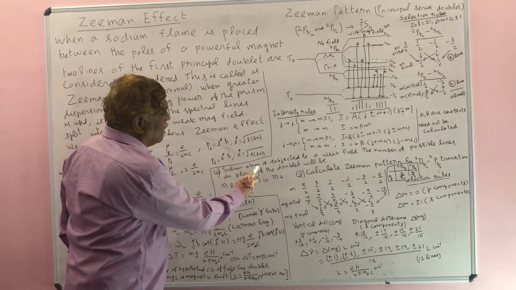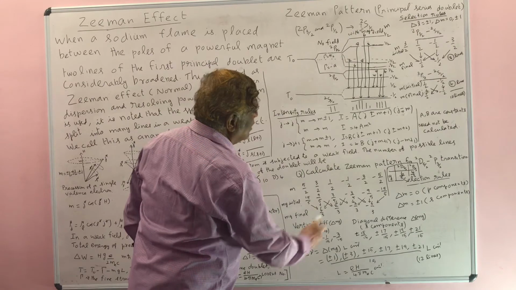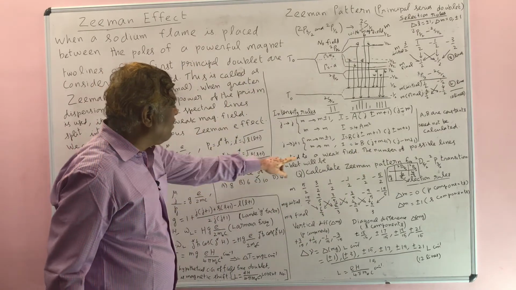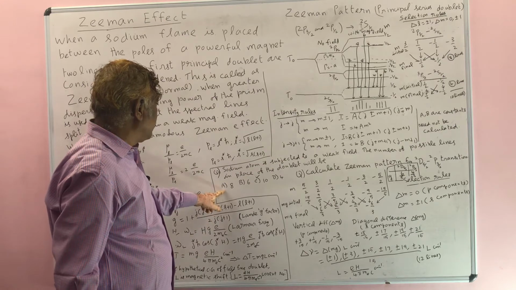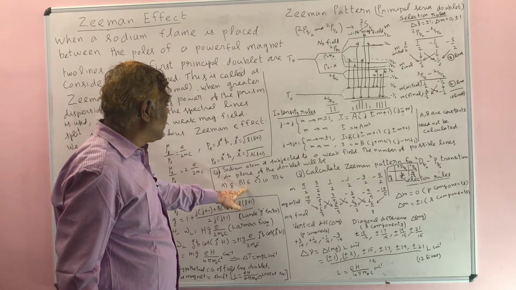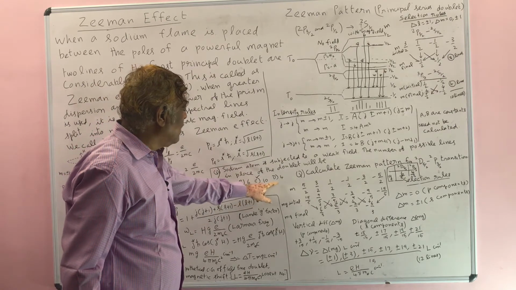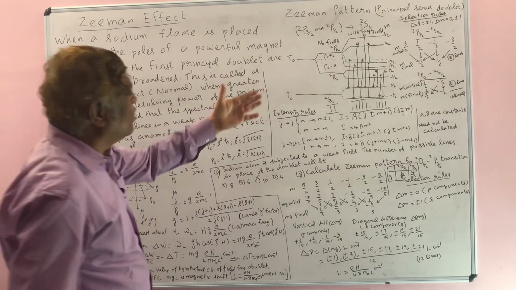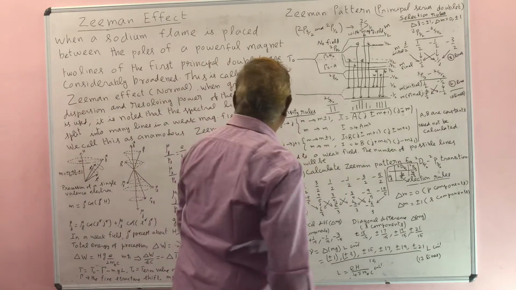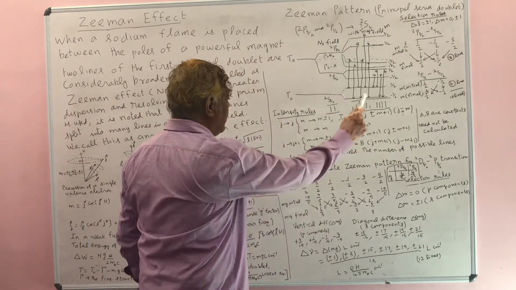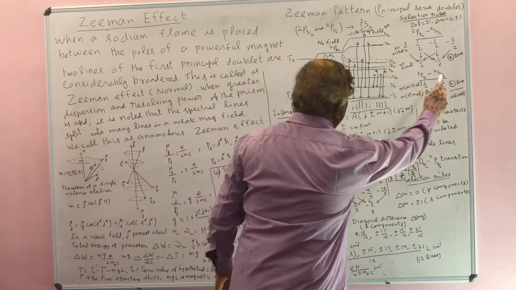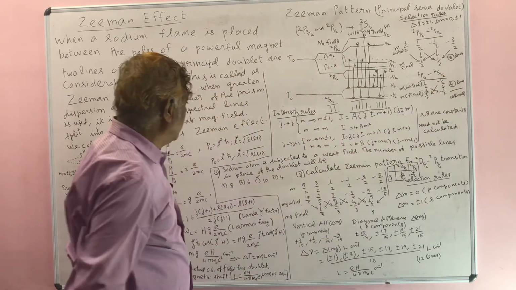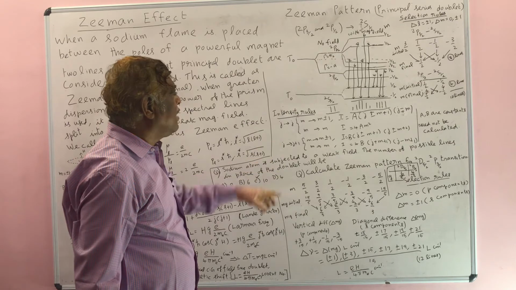Now the question is: the sodium atom is subjected to a weak field. The number of possible lines in place of the doublet will be: option A 8, option B 6, option C 10, option D 4. So the answer is option C, because we are using a sodium atom and the doublet, and you are placing the magnetic field. So you are getting 6 plus 4, 10 lines. The question is asked to find only the number of lines.